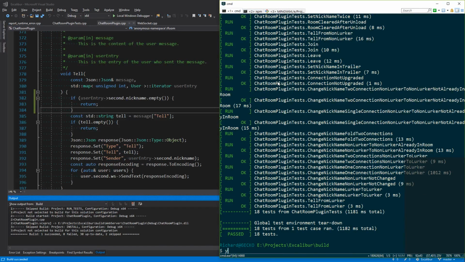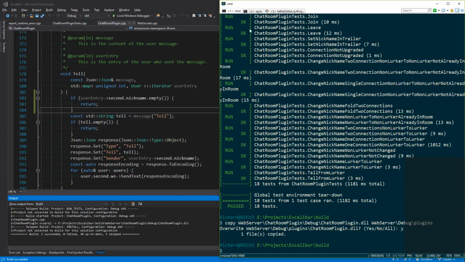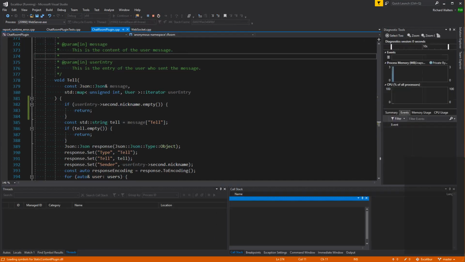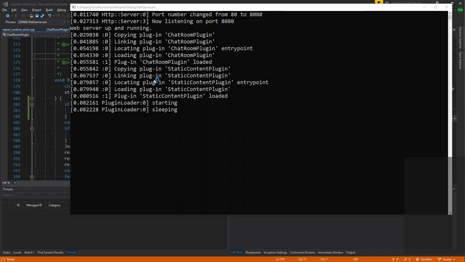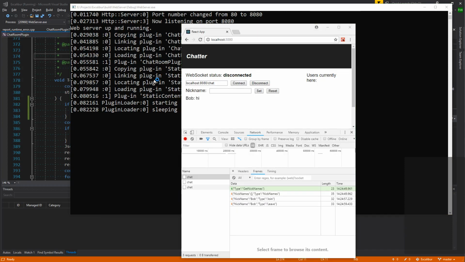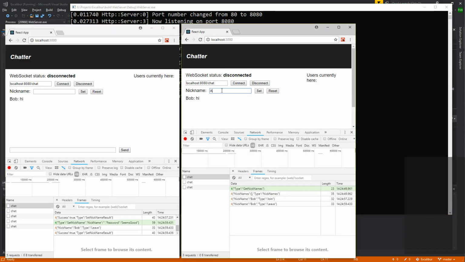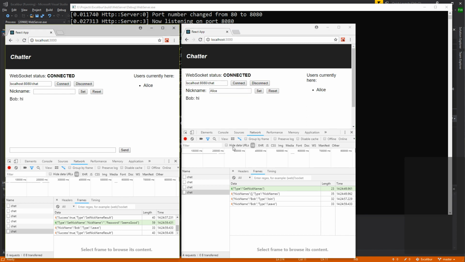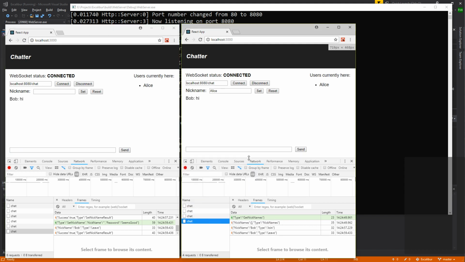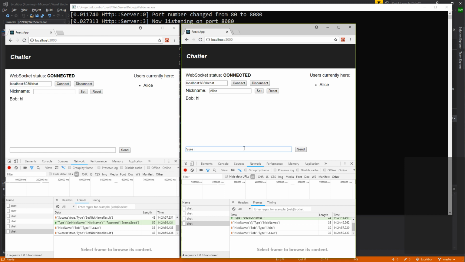Let's verify in the real server. Copy the plugin over, run the web server. So this will be Alice. Connect. This will be a lurker. Hello? Okay, nothing. I also say, sure seems quiet here.